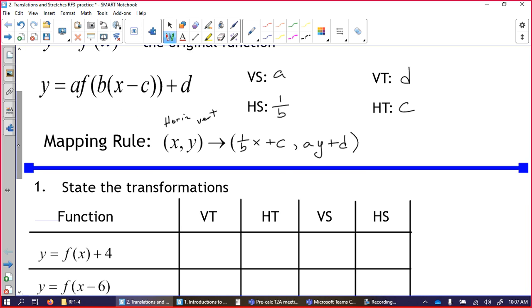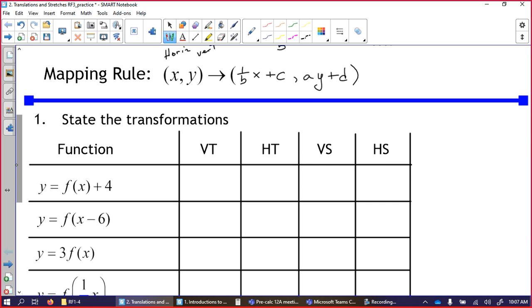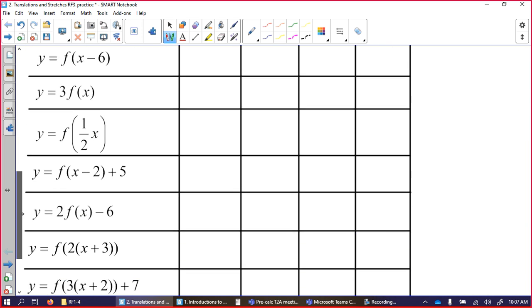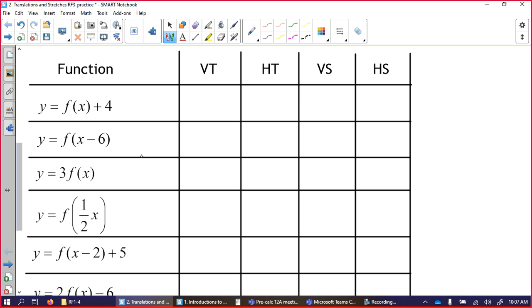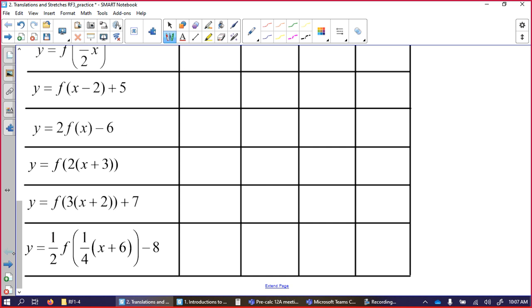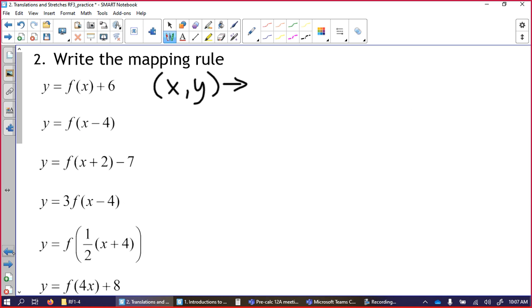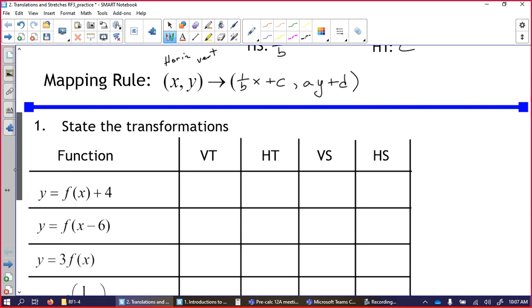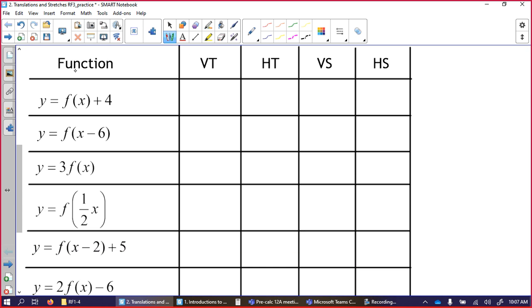So, stating the transformations. I'm going to go through the first 4, and then let you guys practice later. We'll talk about mapping rules. So if I have a function f of x plus 4, this plus 4 is outside of the brackets for that x, so that means this part